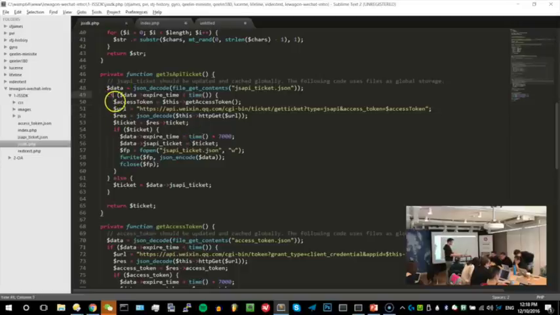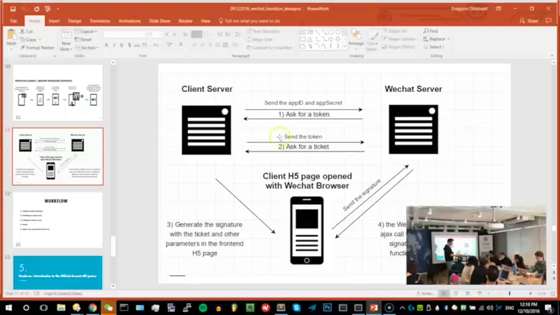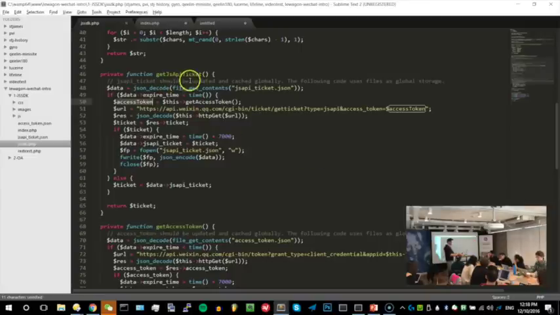So if we need to get a new ticket, that means we need to get a new token. Remember this one, right? The ticket needs a new token. So inside the function JS API ticket, it's gonna call another function, get access token, right?